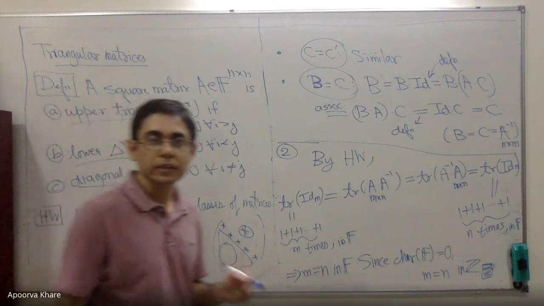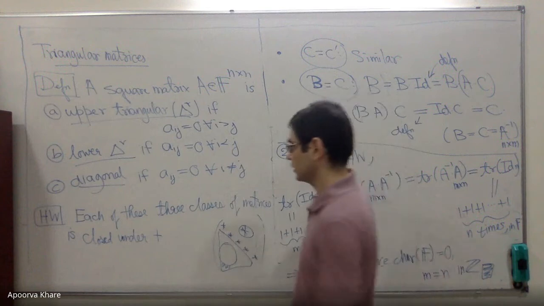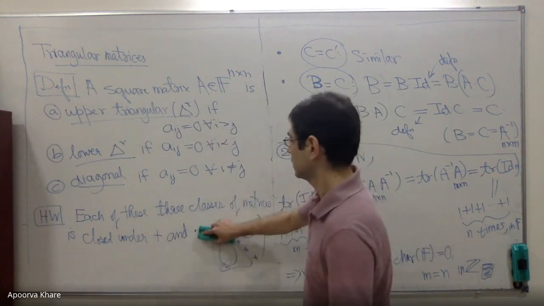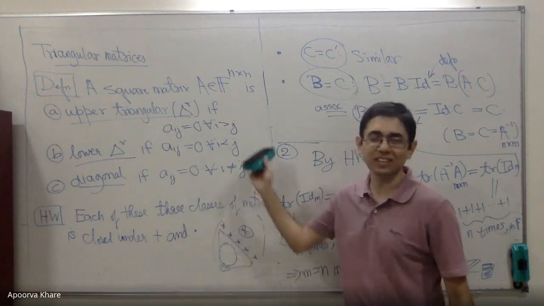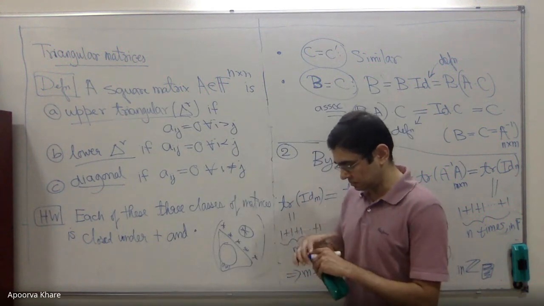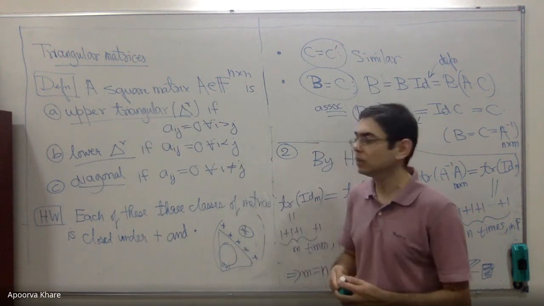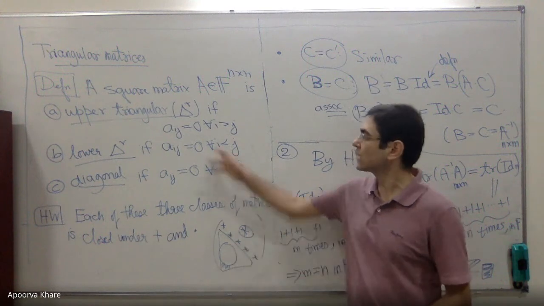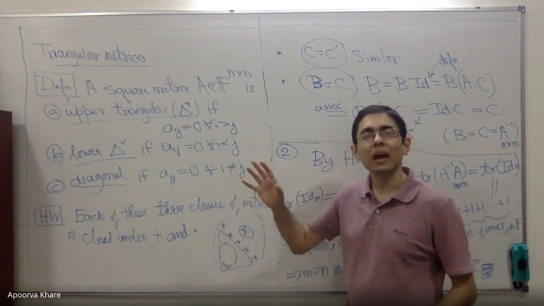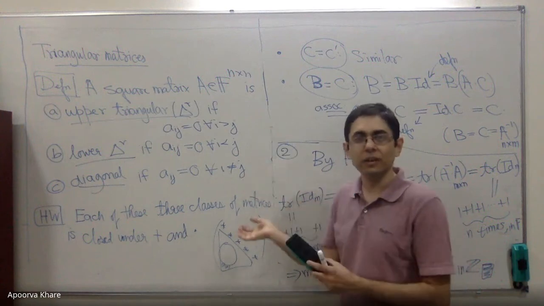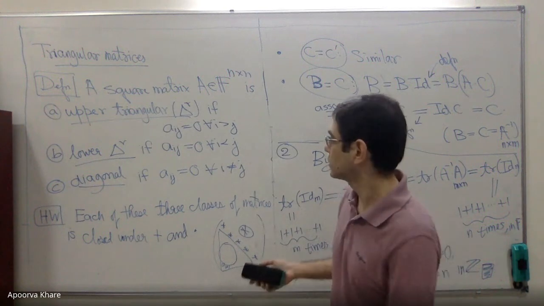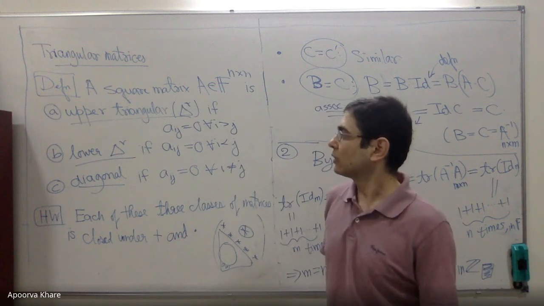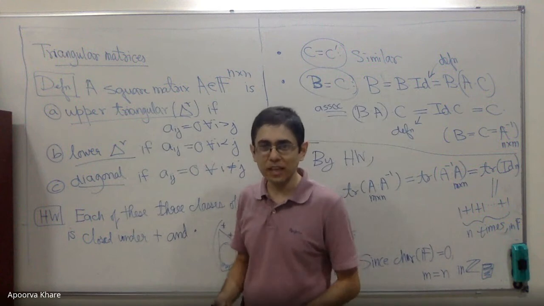The remarkable thing is that it is also closed under multiplication and dot. That is the remarkable thing. So addition is clear. Nevertheless, maybe worth writing down. Multiplication is not as clear, and that's what you have to verify. But all you have to do is suppose i bigger than j, look at the ij-th entry of A times B, and check that it is 0, and so on and so on, for upper triangular.